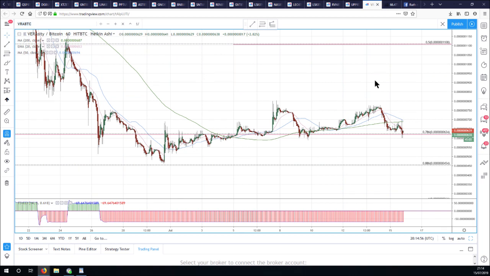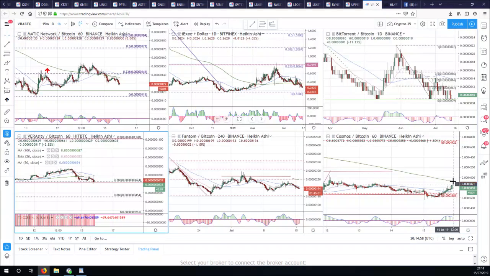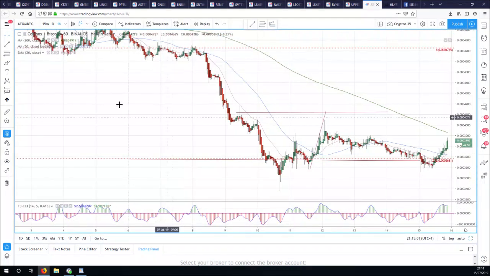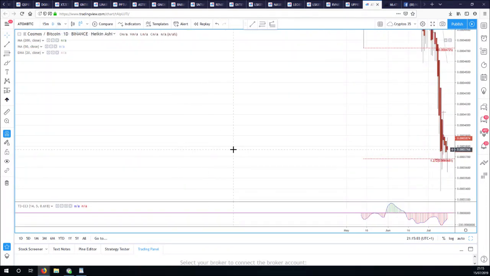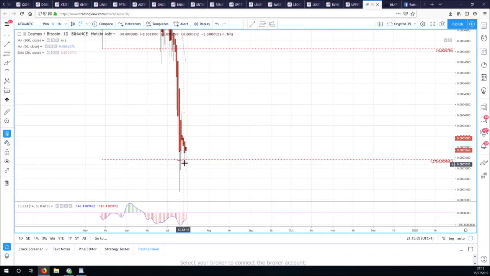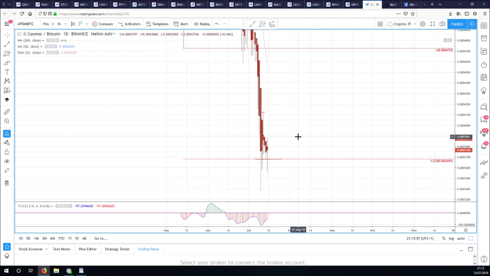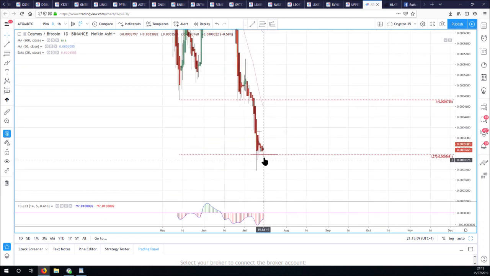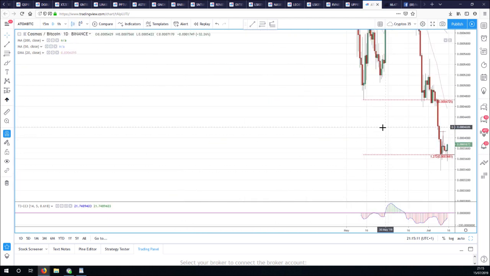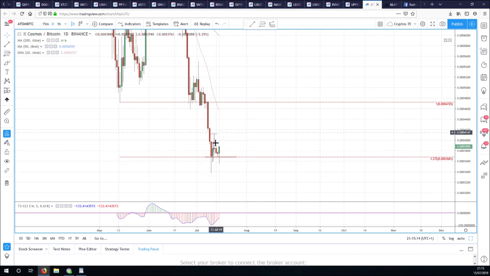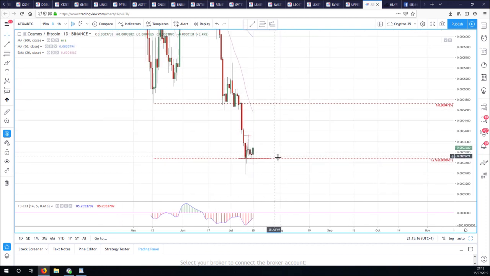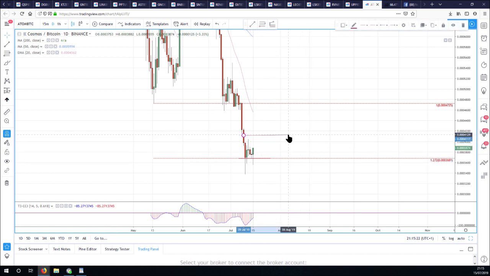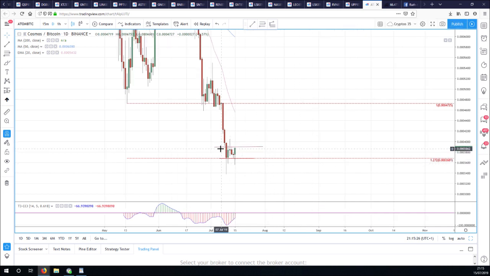Atom, we've got Atom though. Cosmos, hooray, look at Cosmos now. This is Cosmos Bitcoin. This is our big 1272 fib level that we're hoping we can bounce off. I got my Heikin-Ashi on, but look at this. Bounce and a retest. Now, we're not out of the woods yet, as we know. In fact, we're not close, because we're just really in a tough sideways range, again, that we've got to break out of. But looking pretty good for it, isn't it?